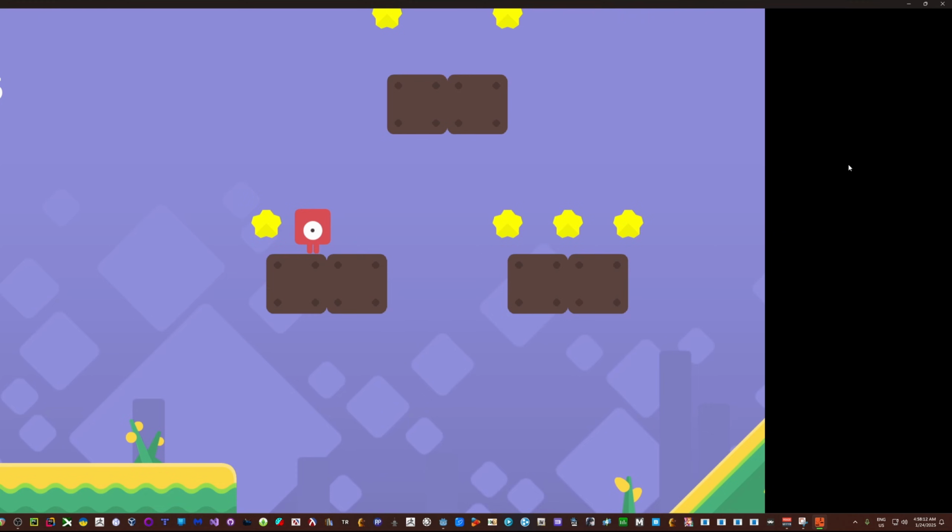And because its aspect is set on keep, it's going to keep that 16:9 aspect ratio as we go about this. Like I said, there are some games that keep it like this. It's really developer choice. So this isn't totally out of the norm if you wanted to stop right here,